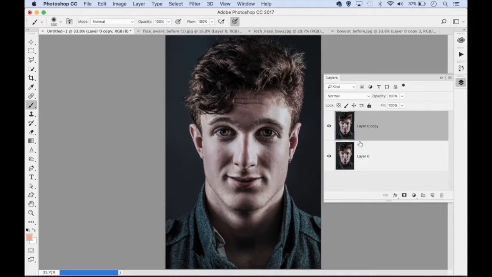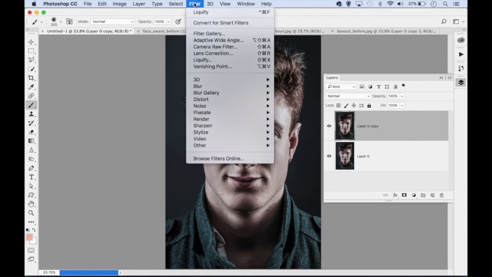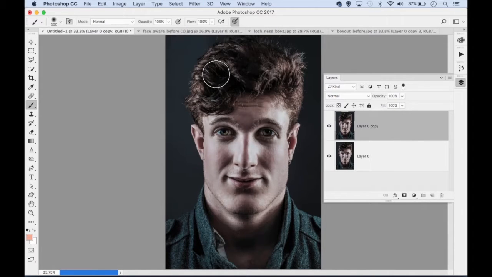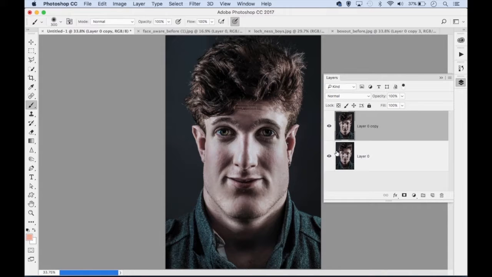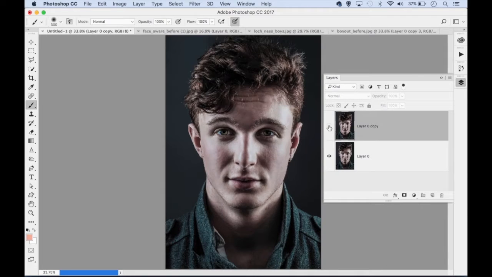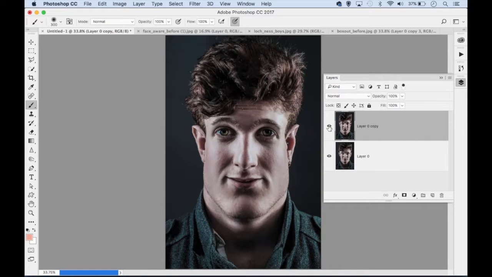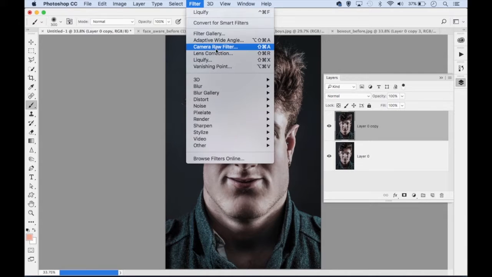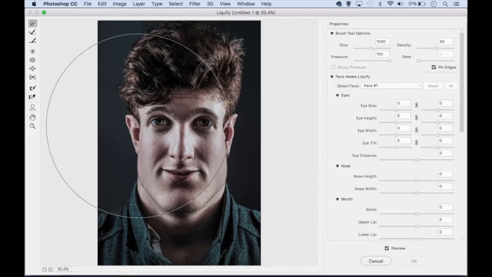And again hit OK. And now we can go into the filter again, or if we like we can just go to Filter, Liquify, and you can see that will apply those same facial settings as before. And we'll perhaps try it one more time, Filter, Liquify. You can see now we're starting to really get a kind of a funny shape to the face. If I toggle that off and on, you can see the difference that makes. So you can see how this works. We can just continue going back into that Liquify filter,